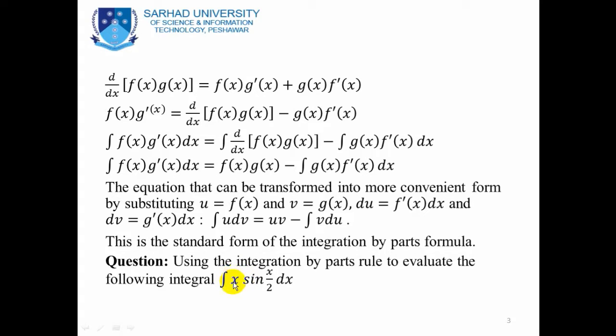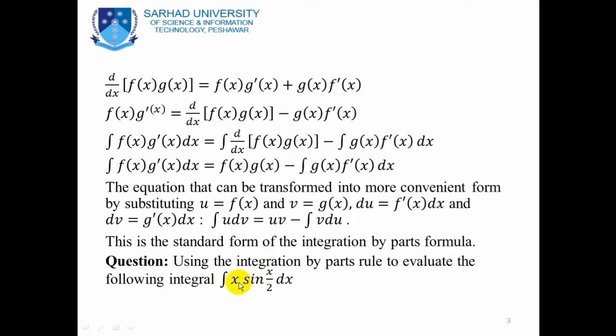In the integration by parts formula, we take the first function as it is, integration of the second function, minus whole integration, like you see over here, derivative of the first function into integration of the second function. So if we consider x as the first function, then the derivative operator will be applied on this function. Actually in the integration by parts formula we apply two operators. One operator is the derivative operator and the other operator is the integration operator. So in case of polynomial and trigonometry, consider the polynomial as the first function, then we apply the derivative on